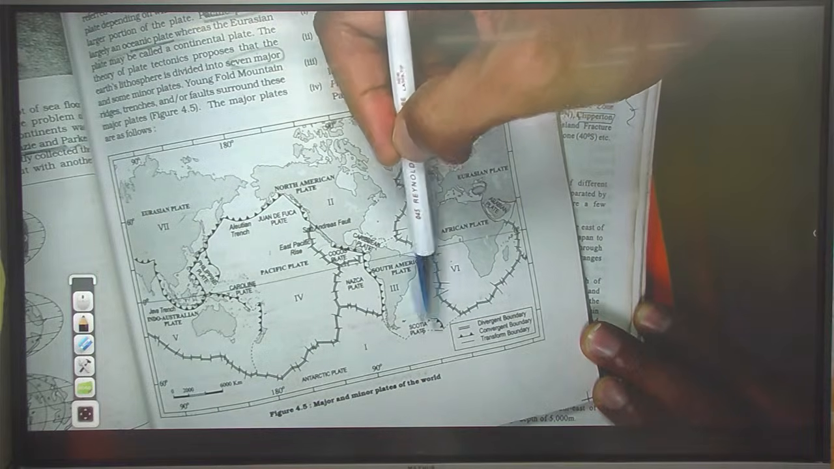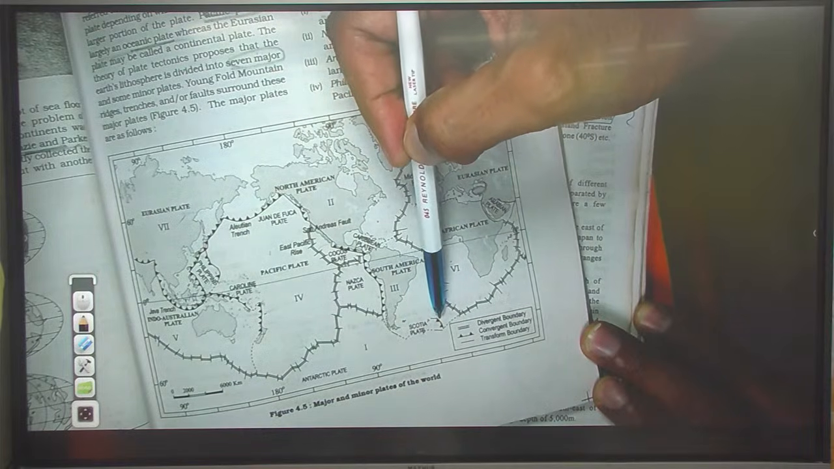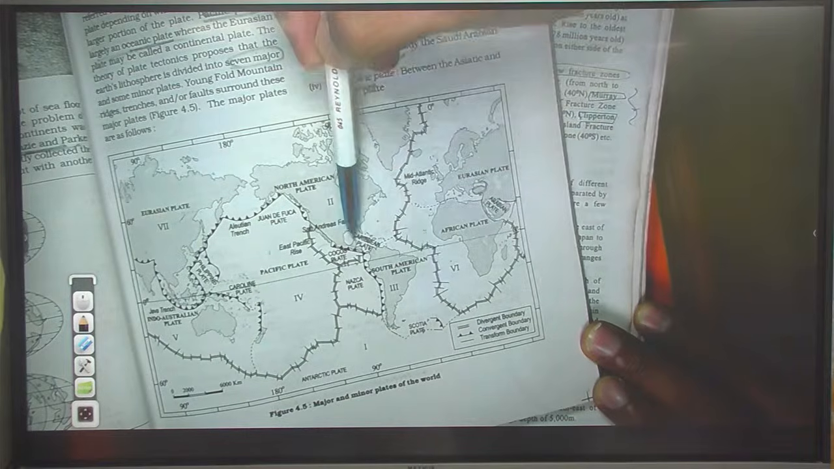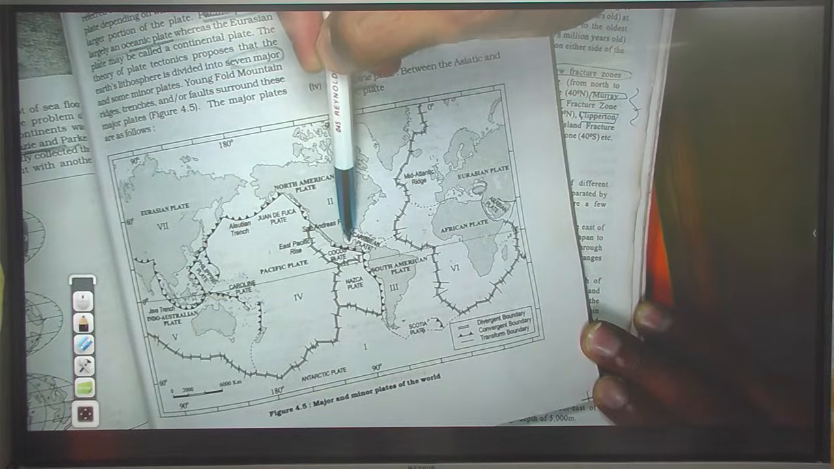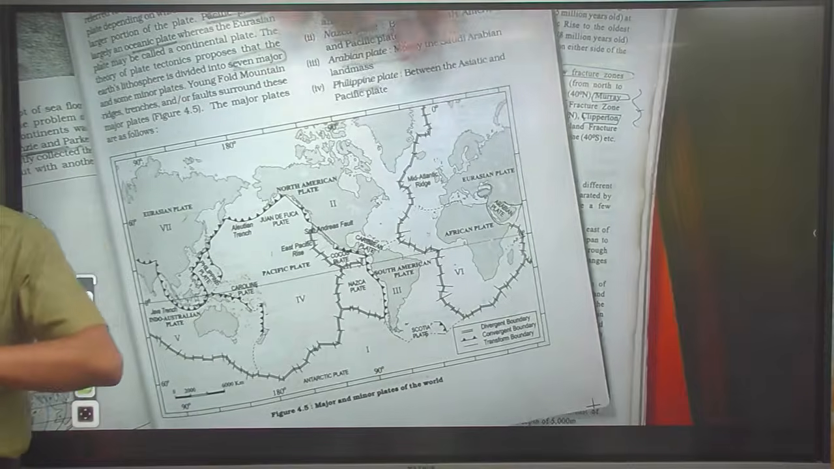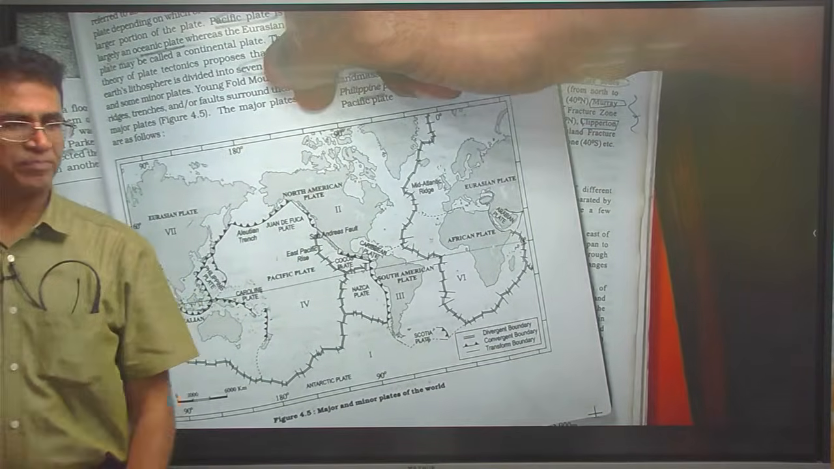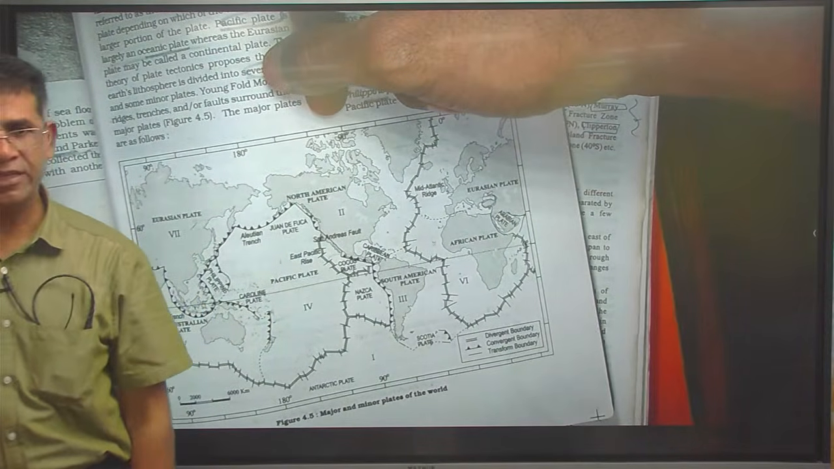इस Scotia plate के margin में we have the South Sandwich Trench, and in the Caribbean plate में there is one small trench here called as Puerto Rico Trench, and one here called as the Cayman. Cayman Trench is a Western Caribbean Sea. The Cayman Islands,